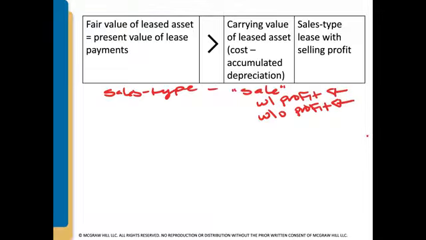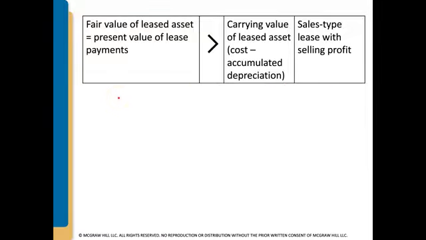But when we have a sales type lease with profit, we need to record it as a sale and remove the asset from our books, right? Remove the asset, and we need to record cost of goods sold for our carrying value of that asset. So let's go through here. This says the fair value of the leased asset, which equals the present value of the lease payments. That other stuff got erased, that's okay. The fair value of the lease payments, of the new modified lease payments, we are told is